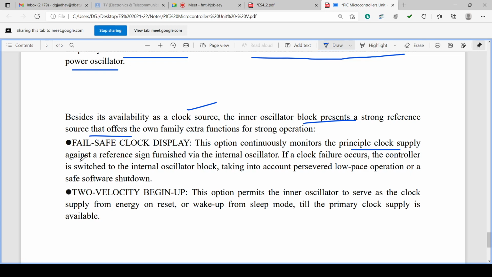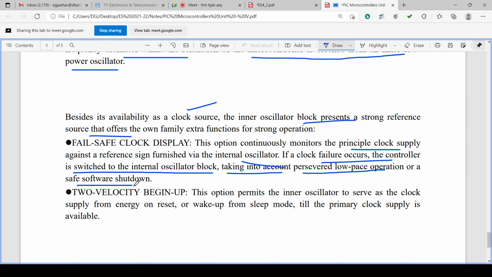Just now we have seen that different clocks are used for different operations. So whatever the main principal clock supply is there, that reference is furnished via the internal oscillator. If the clock failure occurs, the controller is switched to the internal oscillator block, taking into account the reserved low speed operation or the safe operation, software shutdown.